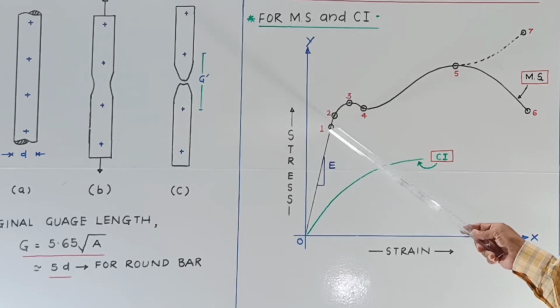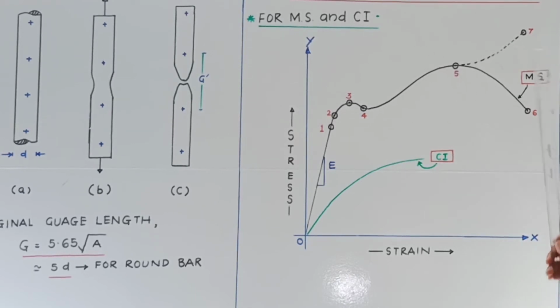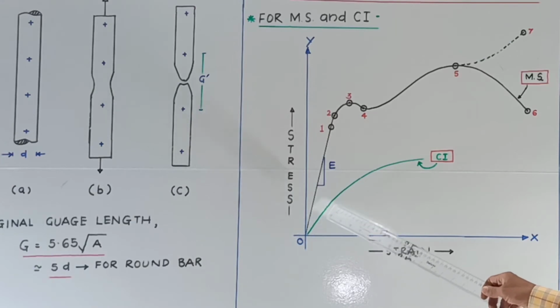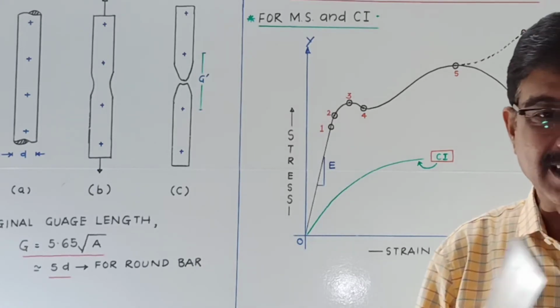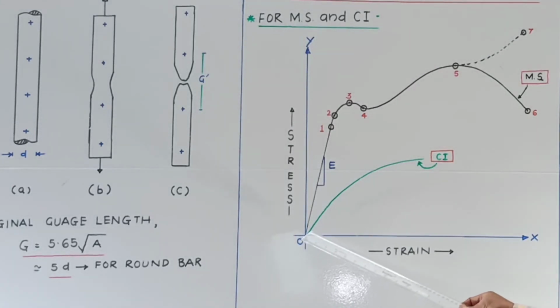Once again I will say: proportional limit, elastic limit, upper yield point, lower yield point, ultimate stress point, nominal breaking stress point, and actual breaking stress point. Okay, so this is the stress strain curve for mild steel. Now cast iron is not ductile, it is a brittle material. So what happens? A brittle material will fail at very low loads without showing any sign of deformation. So this failure of cast iron will be sudden and will occur at a very low load.